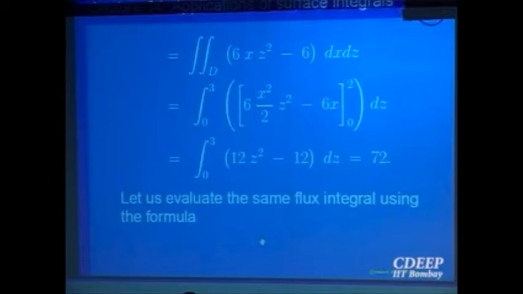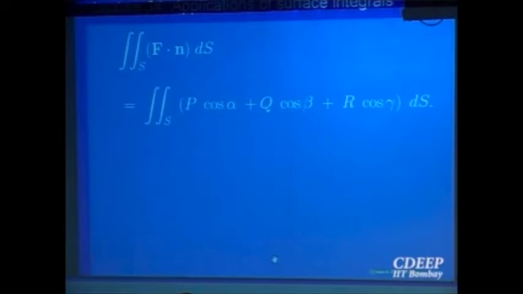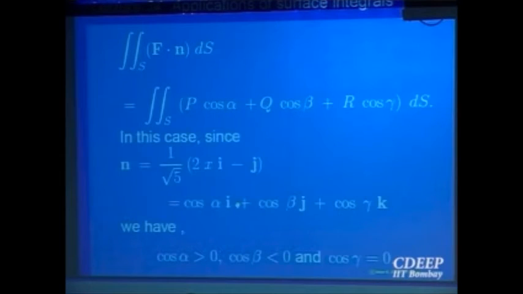So this is a straightforward method of doing it. There is another method of doing the same problem. Let us try to compute this using this formula, right? Try to use this expression to see what the answer comes out to be. Okay? So for that I have to write the normal. Normal we have already computed, right? This was a unit normal on the surface we just now computed.